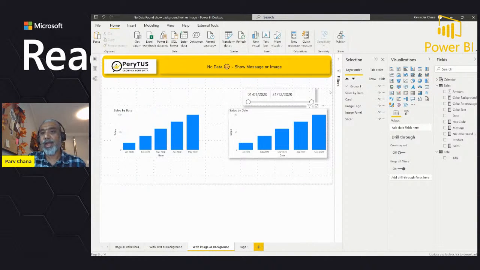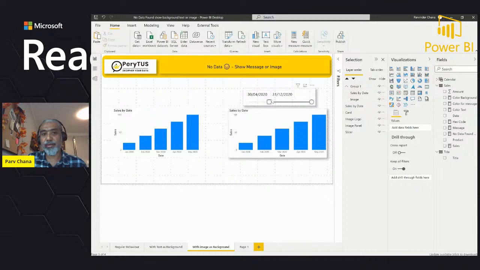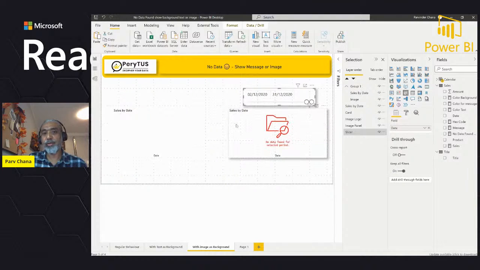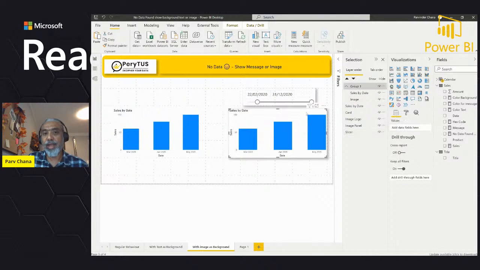Same technique. I have a bar chart, sales by date, and I have an image overlapped on this. And as you can see, as I select the image, it shows the image. You can create an image and then show it behind. So in this case, these two things are overlapped on each other. And as you can see, the sales by date, my bar chart visual,